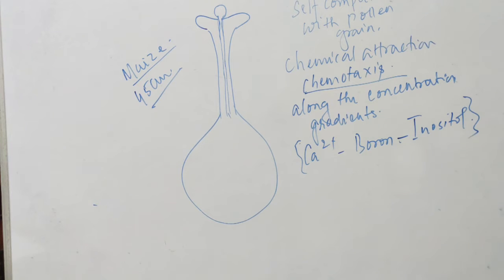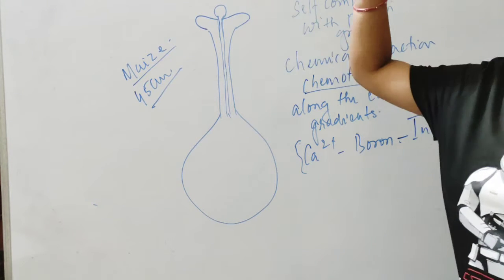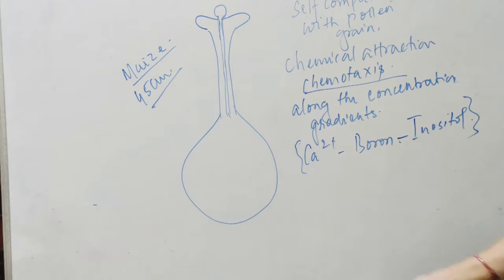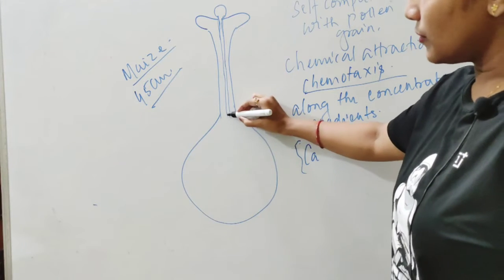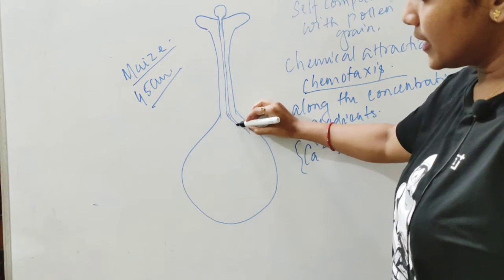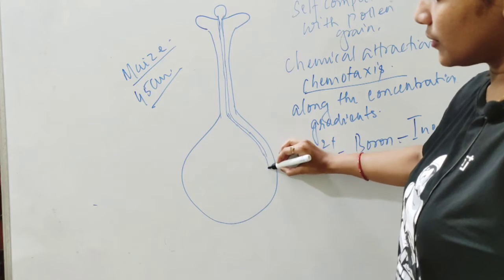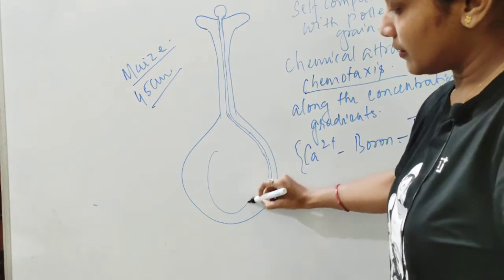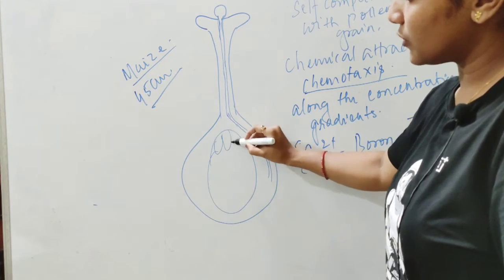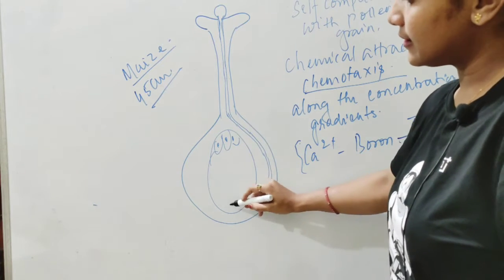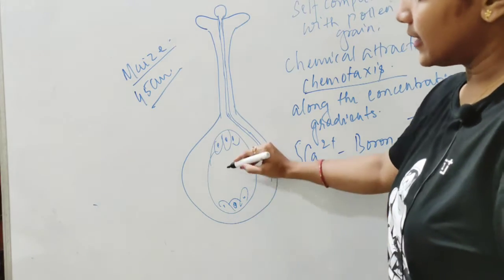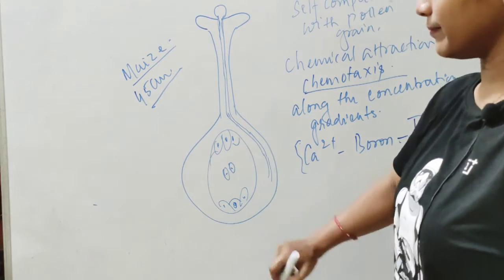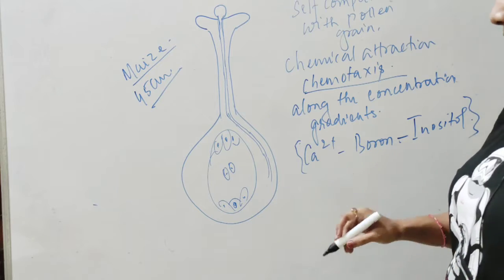So in that case, what happens? The whole of the pollen tube has to be guided by the tube nucleus through the length of the style so as to reach the ovule. Once this has happened, it finds its way to enter into the ovule. If this is the ovule, let me draw the whole structure: antipodal cells, the egg apparatus, synergids along with the egg cell and the two polar nuclei over here.